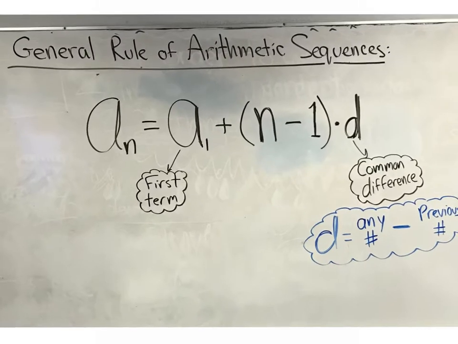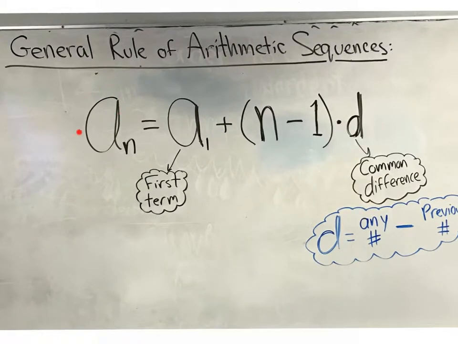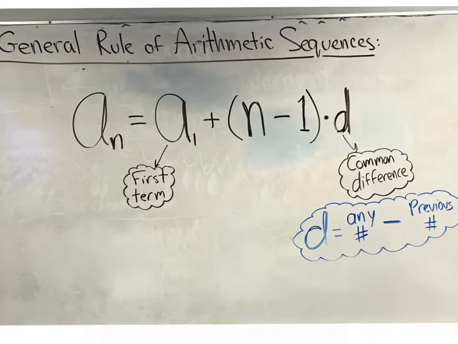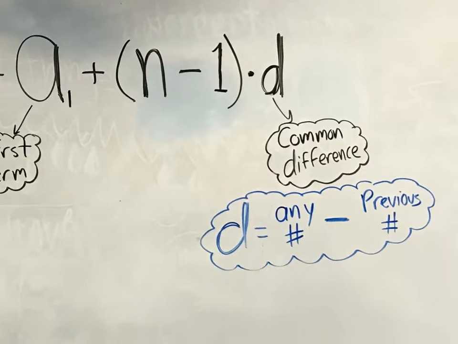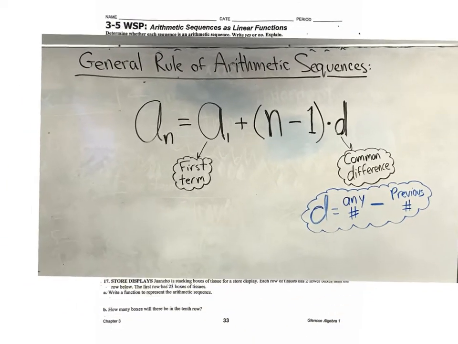And the general rule is the a sub nth term will be equal to a sub 1, which is really your first term, plus parenthesis n minus 1 times d, which is a common difference. And you could calculate d on any arithmetic sequence by taking a number, any number, and subtracting the number that's previous, the one right before it. Okay? So these are the notes that we had to memorize yesterday, and now we applied them on yesterday's worksheet